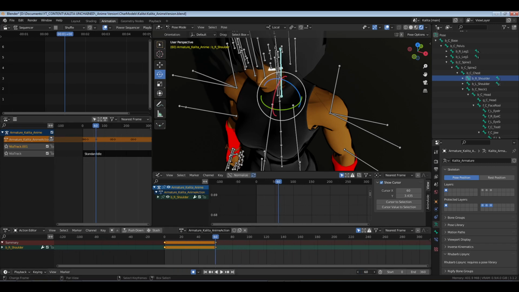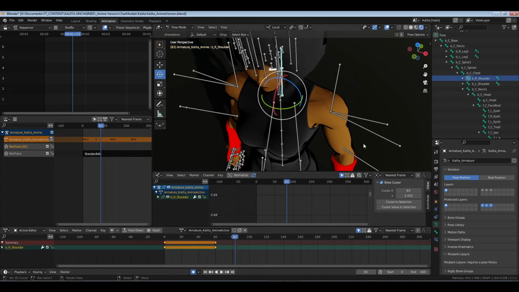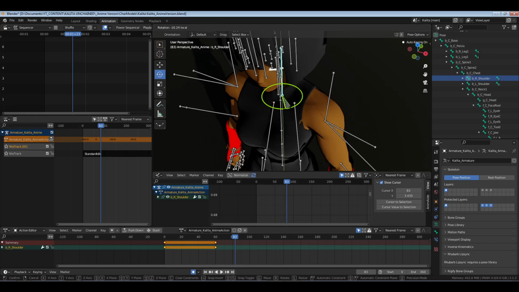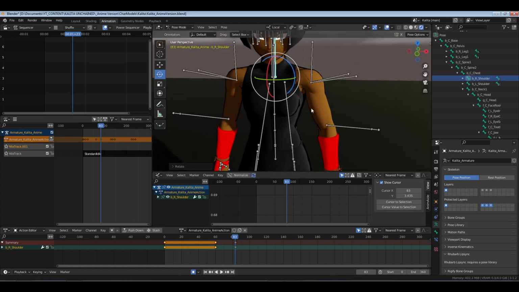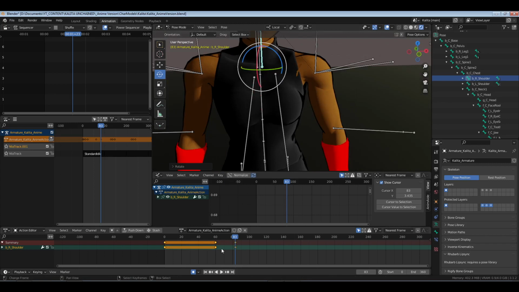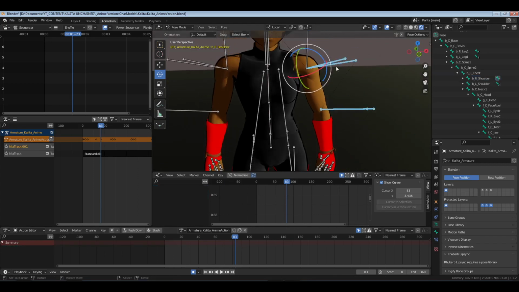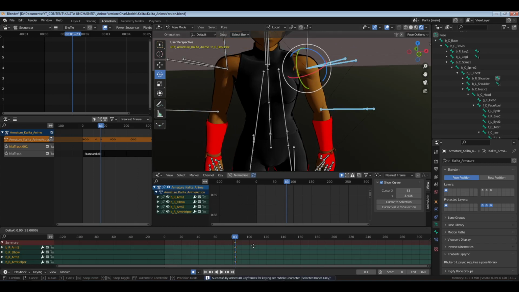All right, so now I'm going to add 23 frames, and I'm going to move this forward. Okay, now let me make this clear. I did all of that. I know 60 and 83. So I'm going to grab these two parts, because I'm not going to use this. I only need these. I'm going to hit I. Now I'm going to go back -23. All right. Then I'm going to Shift D, and I'm going to take this to 0,